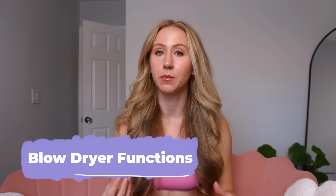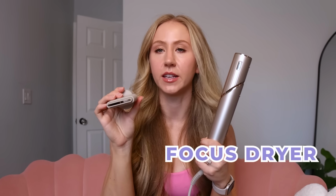So first of all, as a blow dryer. The Shark blow dryer attachment is this small little focused blow dryer, and you just clip it on. And then this is really where the Shark gets set apart. And I didn't think it would be that big of a deal. It honestly is. The Shark, you have this little swivel lever here, and you can turn it sideways and hold it like a normal blow dryer. Not only is this just more ergonomic and convenient, but the airflow out of this is so much more than